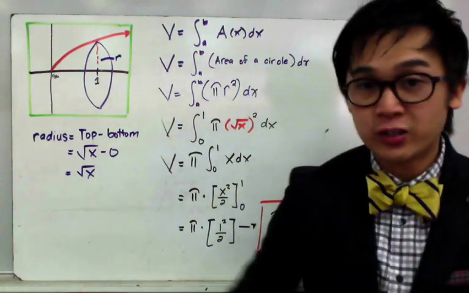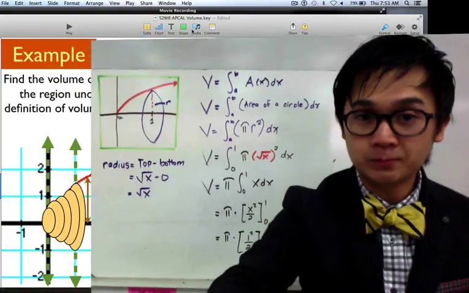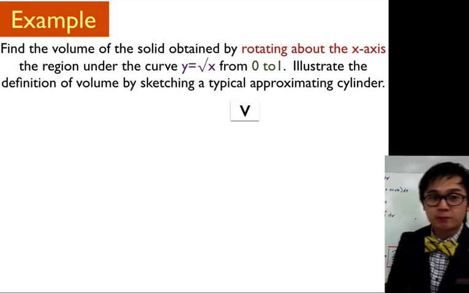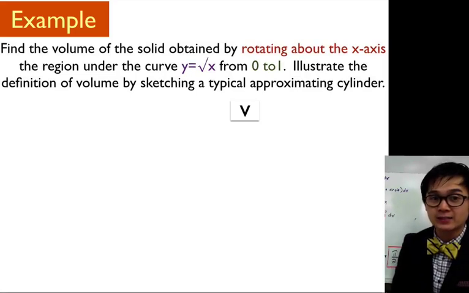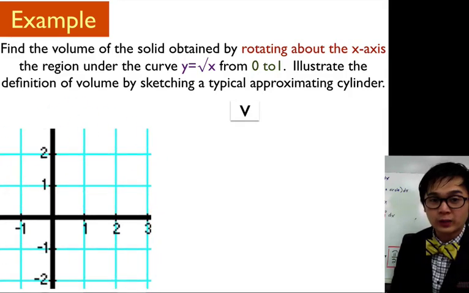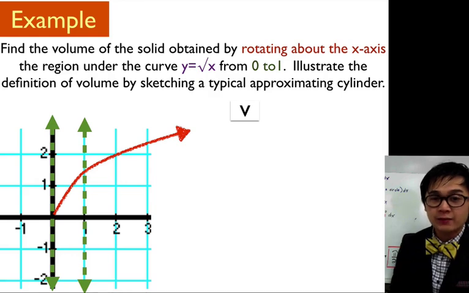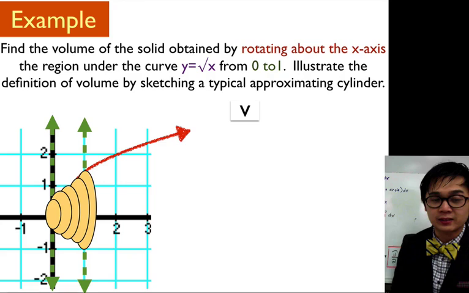Now to better visualize this particular problem, this is our problem, which is to find the volume of the solid obtained by rotating about the x-axis the region under the curve of y equals square root of x from 0 to 1. We have our xy plane and our function y equals square root of x given by the interval from 0 to 1. Now you need to imagine rotating the function along the x-axis, and it will generate a cylindrical cone,